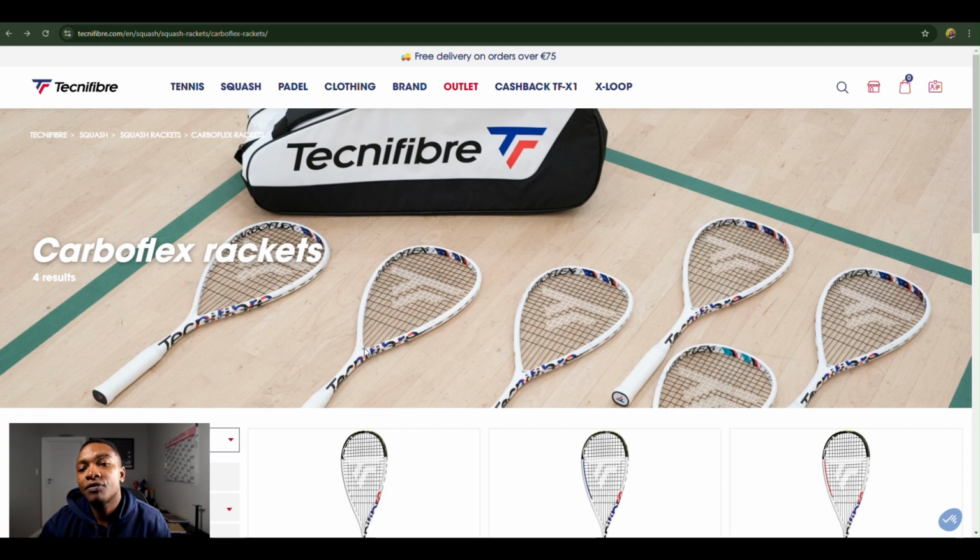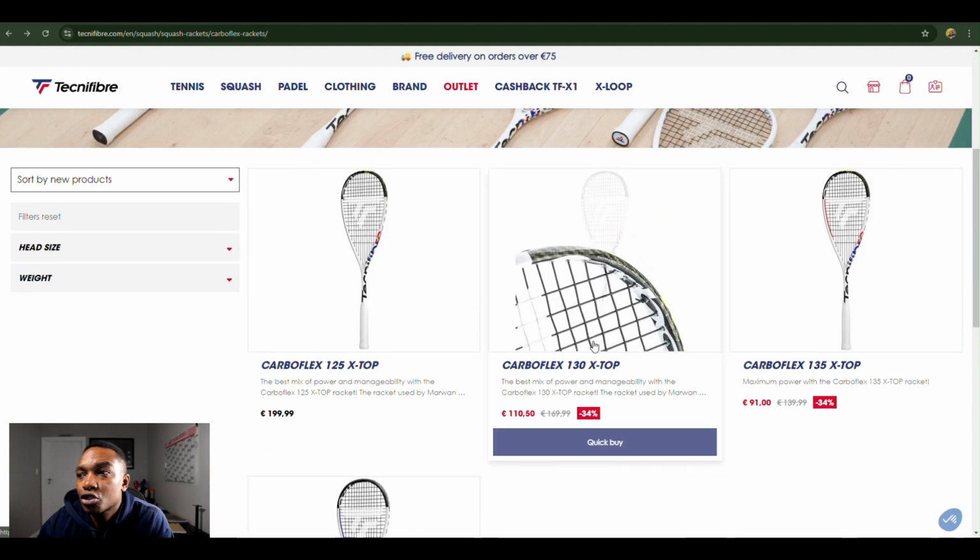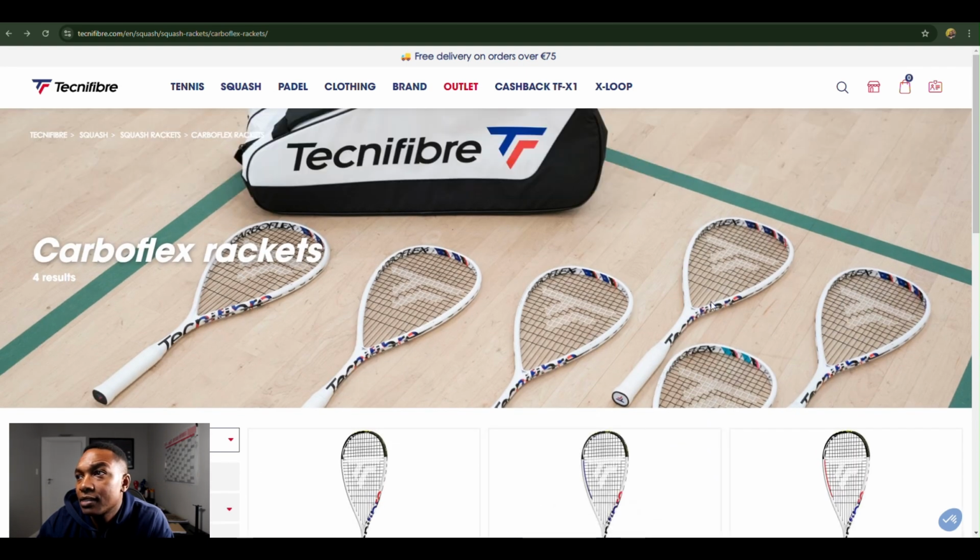So just going through the images that I have found, and without further ado, the first thing that we will look at is the fact that, as I have mentioned, on the official website there is nothing. If we look at squash rackets, Carboflex rackets, they are showing the old XTops, and as I said, this banner is actually just a sort of hint,